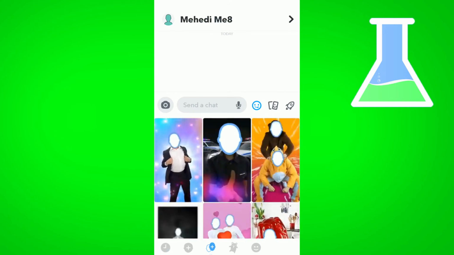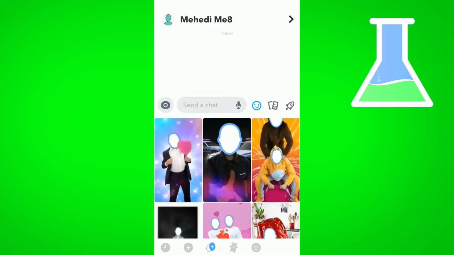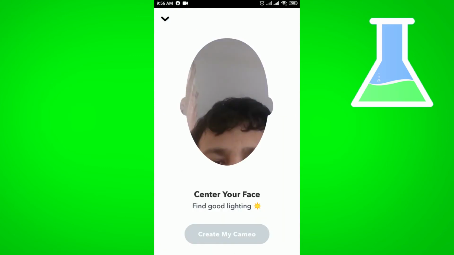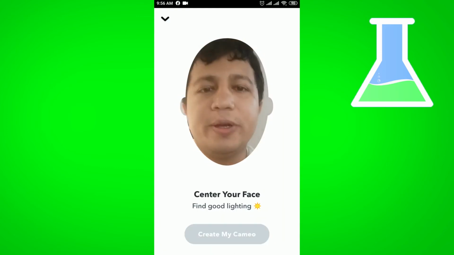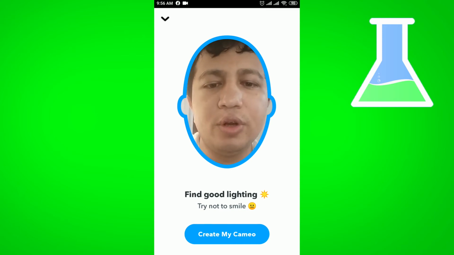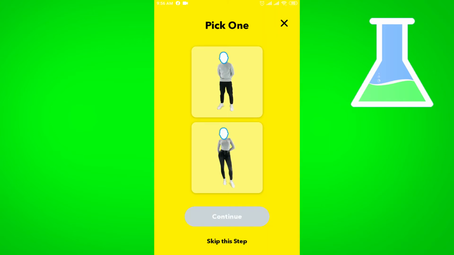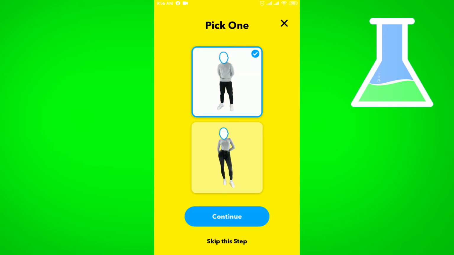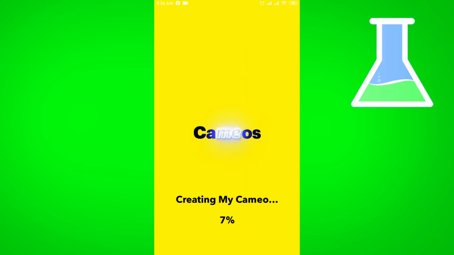From here you have to select any of these cameos. So I'm selecting this one, then it will come in this way. From here, if you click on create my cameos, then this option will come. From here you have to pick one. I'm picking the top one, then clicking continue,